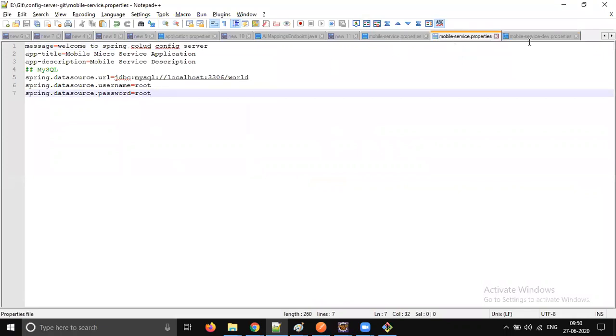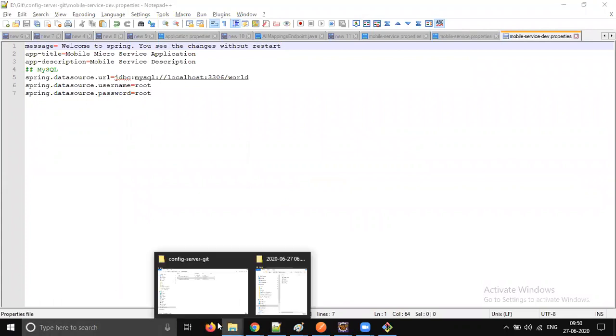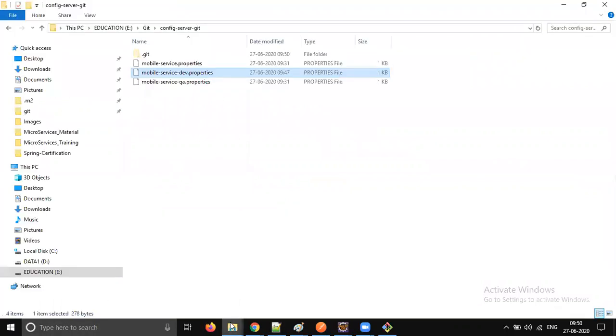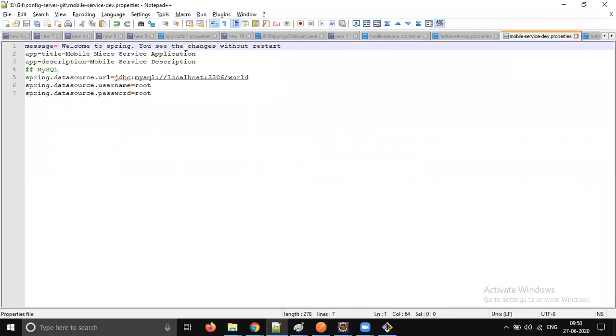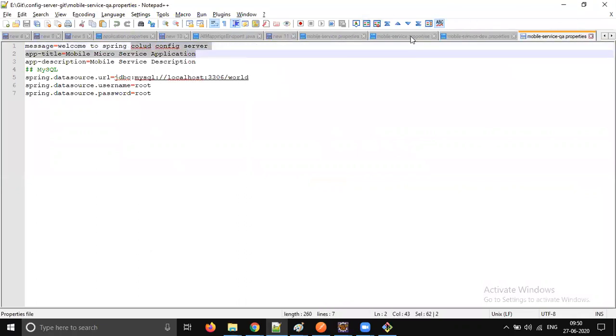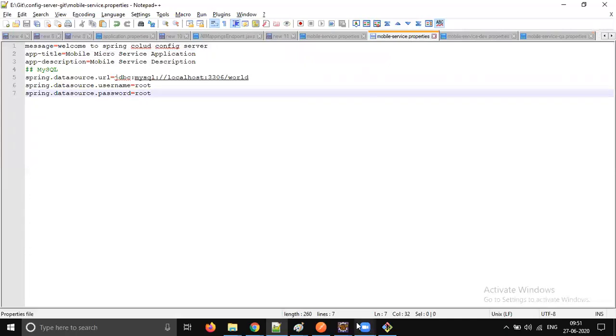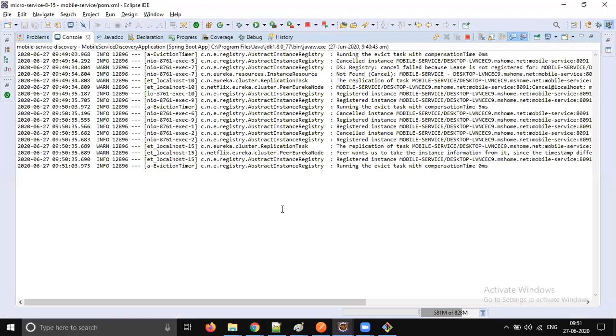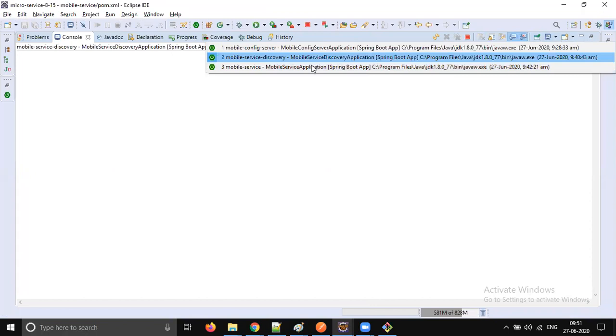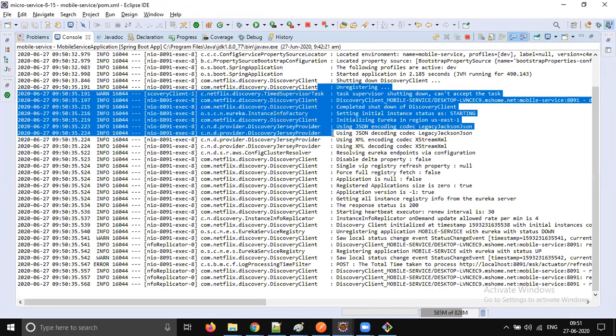Yes, dev.properties we modified. We committed also, right? Let's see. Let's open all three. So we don't have changes without restart. We have config server. Then from where are we getting it? Go to mobile service and see.